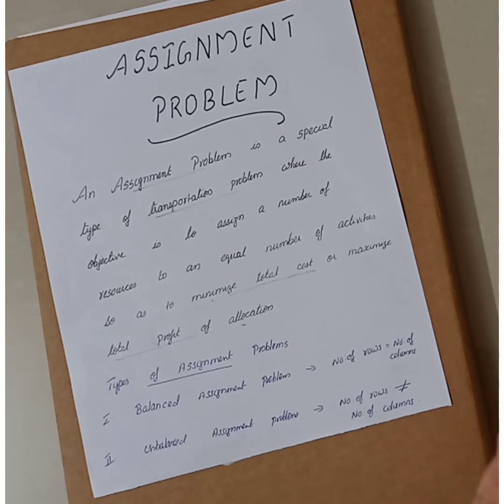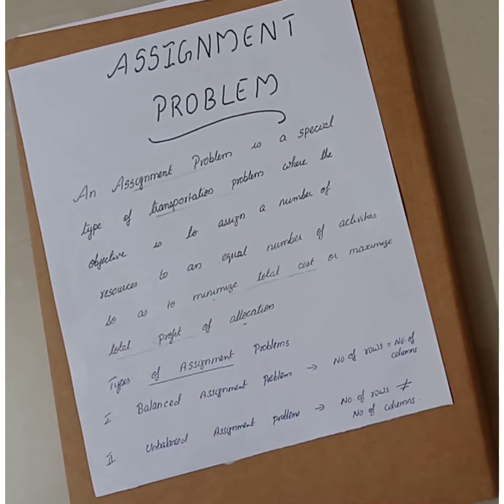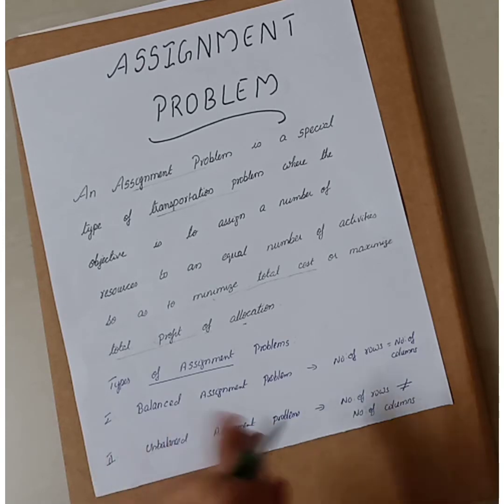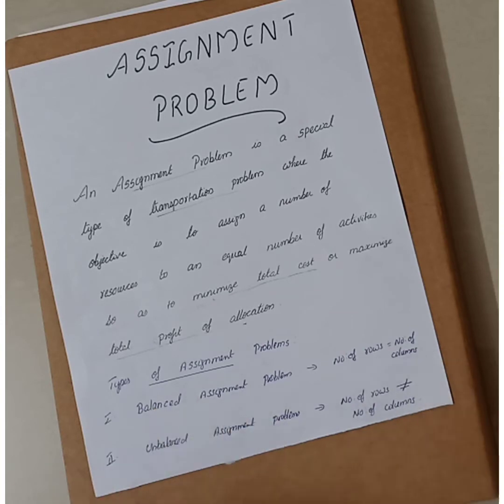In order to minimize the total cost, minimize the total processing time, and maximize the total profit of allocation, we do assignment problems. We are trying to find out what has to be allocated to which one, because the efficiency of a person, the efficiency of a machine, everything differs from one another. So which is more efficient, which will be more effective, and which can give an optimized result? For that we are using assignment problems. You will understand what exactly it is once you start doing the problem.